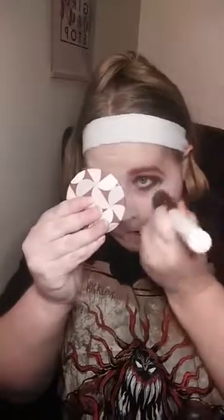So many fails. I think I need to go over a little bit with the color. They are sisters. They are not twins. However, you do want them to be in the same family. So,